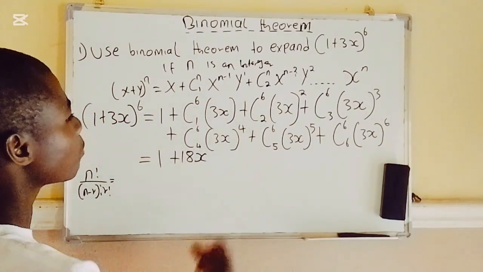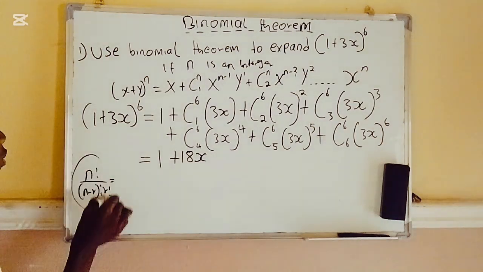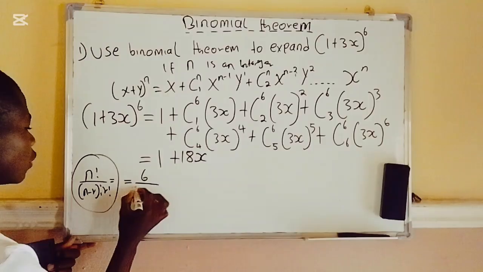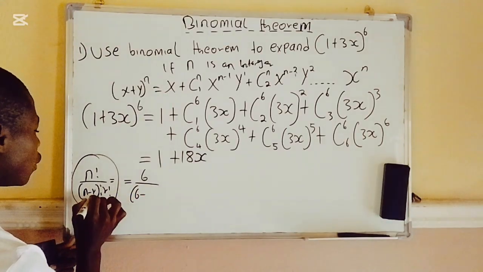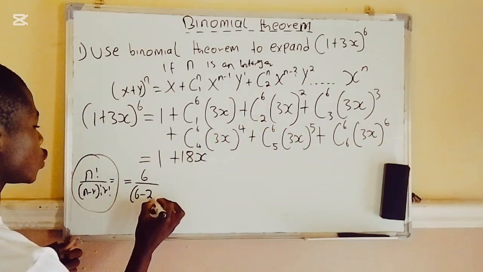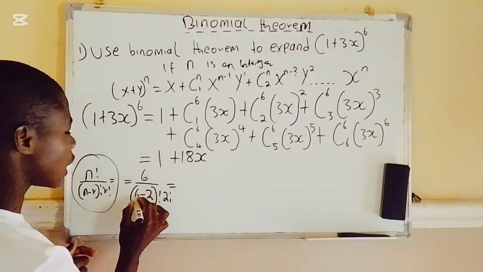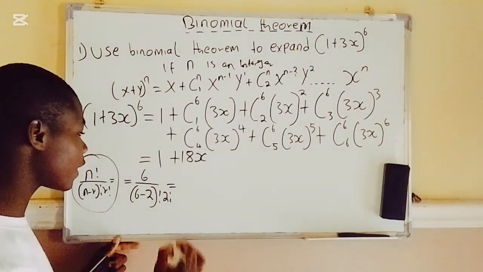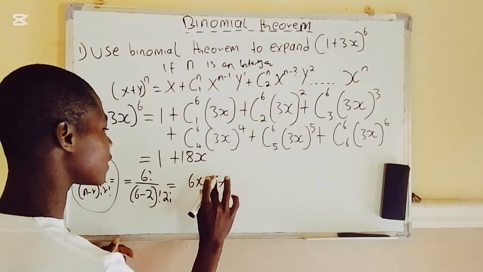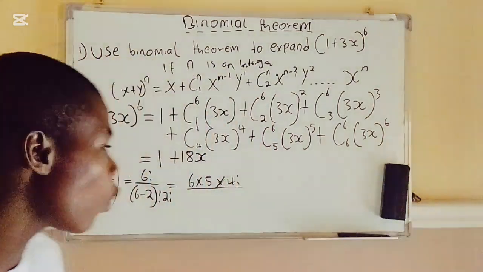So what about 6 combination 2? Let's use the calculator because it is very easy. The main thing you have to do is substitute into the formula: n, which is 6, divided by (n minus r), where r is 2, into r factorial, which is 2 factorial. So 6 minus 2 gives me 4 factorial. If I say 6 multiplied by 5 multiplied by 4 factorial, you can break it down in order to